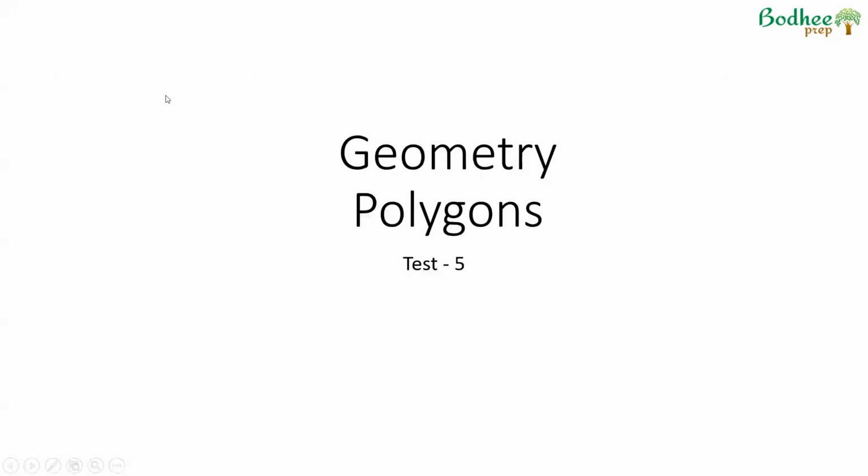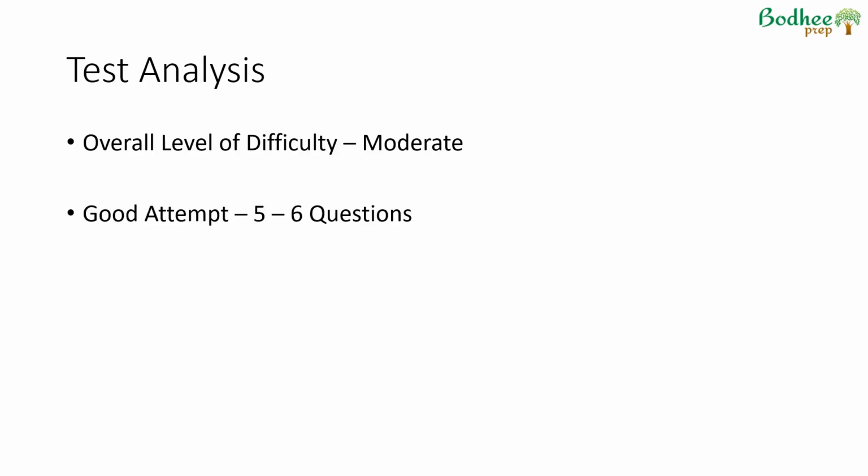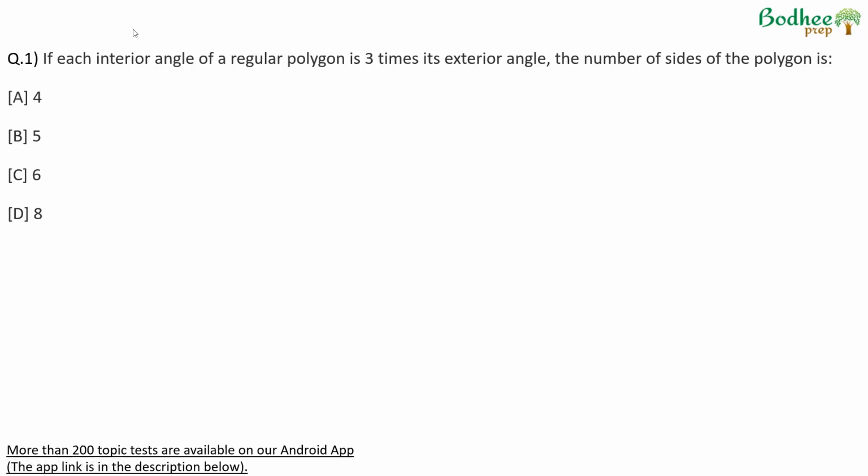This video talks about the fifth test on the topic polygons. Overall, the test I think was a moderate level of difficulty, 5 to 6 questions out of 8 would be a 95 percentile here, and the attempt time would probably be somewhere in the range of 15 to 18 minutes. If we look at the questions,